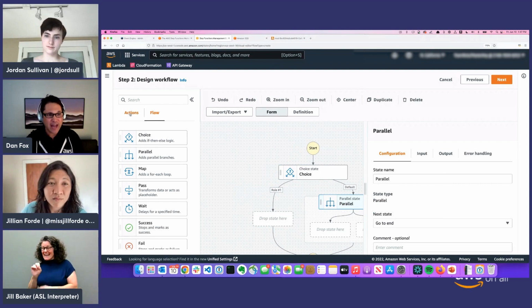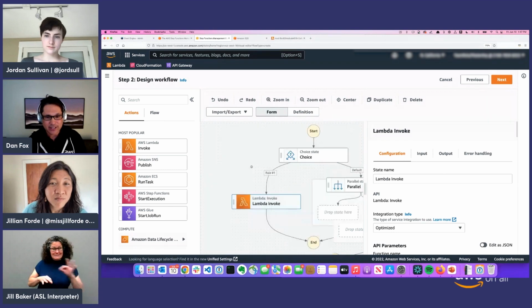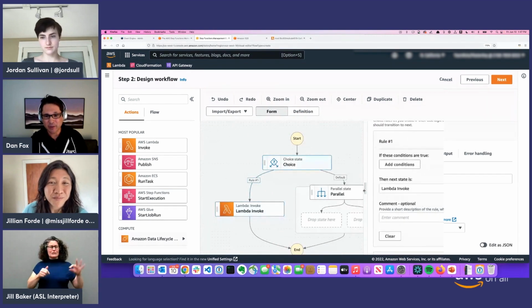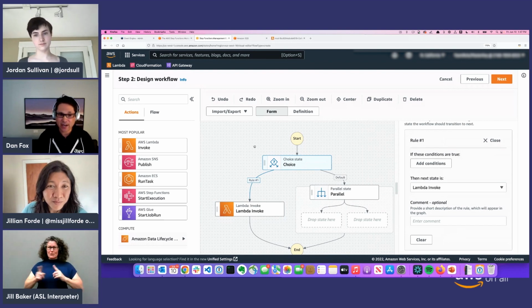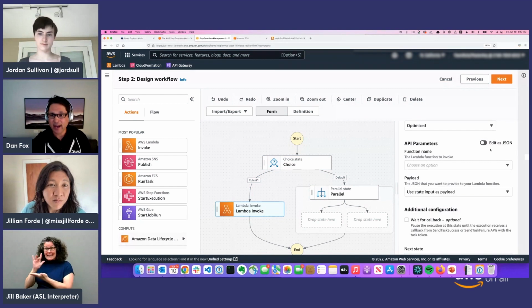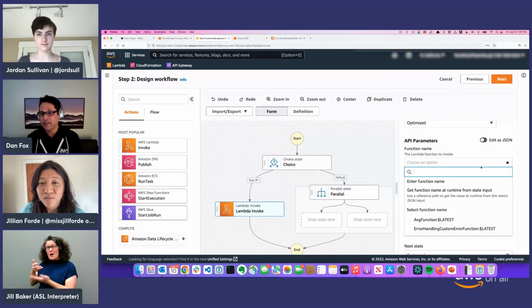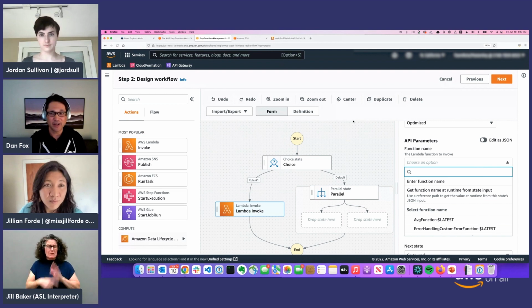If I wanted to add an action, like invoking a Lambda function here, I can do that. And you can see how easy and delightful it is to play with this. And then if there are additional configurations in each state or SDK integration, I can click on this and say, okay, I want to send to this particular Lambda function, for example. So just a really delightful experience.